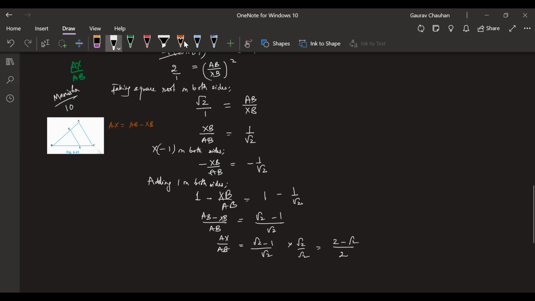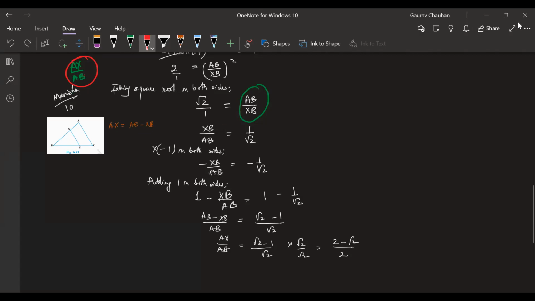First of all, Riza, right now I have AB by XB. First of all, this ratio I have to find, right? So to find this, first of all, I need AB in the denominator. So I changed this to like this. Everyone okay with this? Give me a thumbs up if you're good with what I just told. I changed XB by AB. AB to the denominator I brought, so that I have AB in the denominator here.